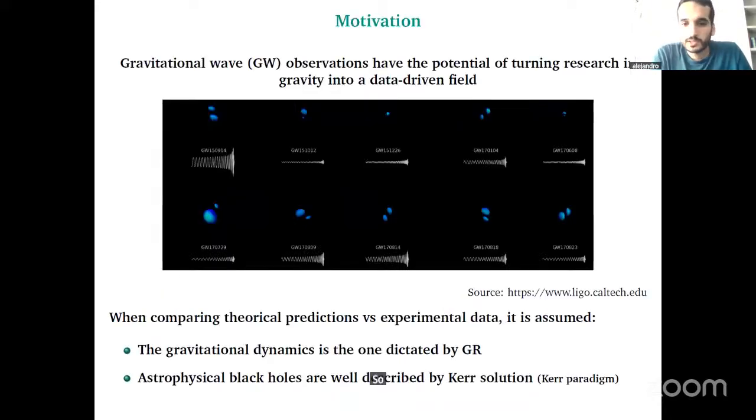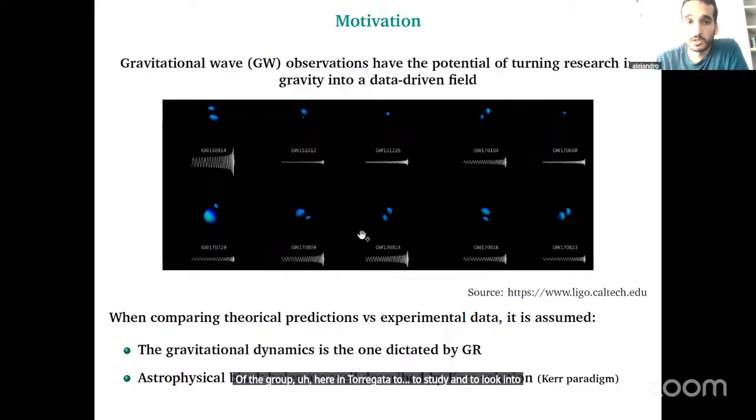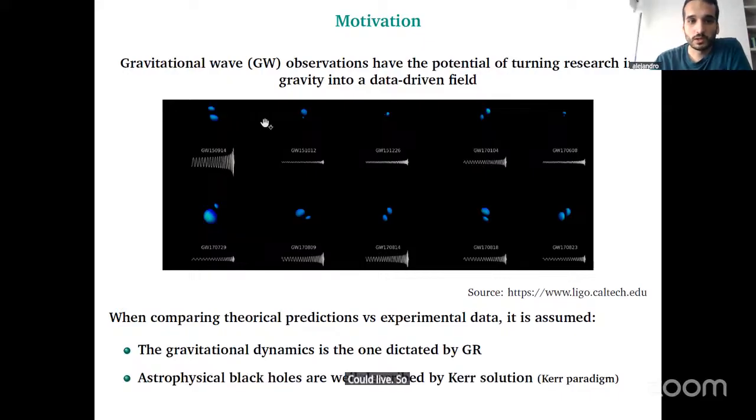So I wanted to start with what I think is perhaps the main motivation, although not the only one, of the group here in Tor Vergata to study and to look into these kind of solutions. And this is to investigate what would be the potential signatures in gravitational wave signals that this kind of horizonless compact objects could leave. So as you know, nowadays we are testing gravity in the so-called strong field regime, thanks